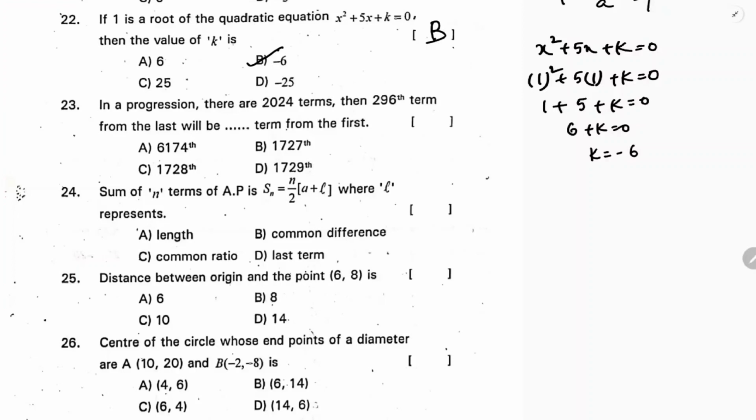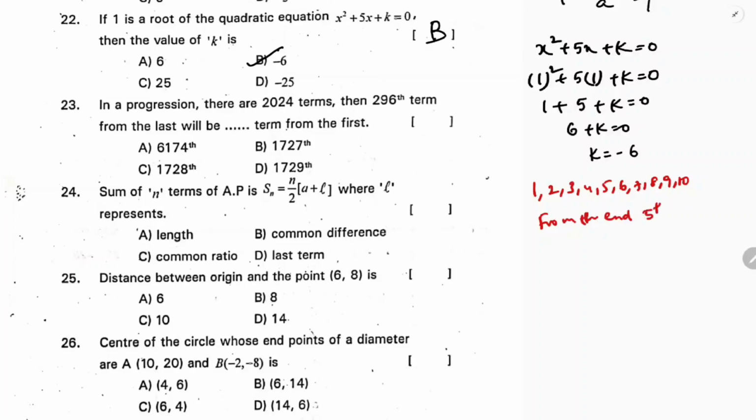Next one. In a progression, there are 2024 terms. Then the 296th term from the last. Now for example, see how to do it. For example, if there are 10 terms, 1, 2, 3, 4, 5, 6, 7, 8, 9, 10, I'm taking for example. So you want from the end,